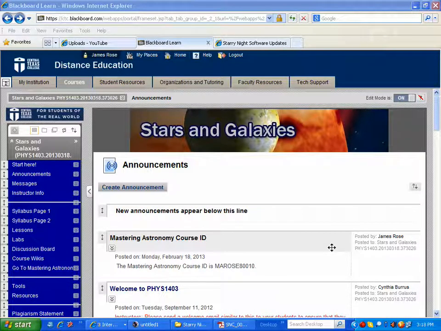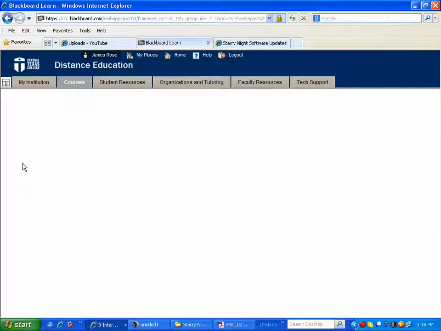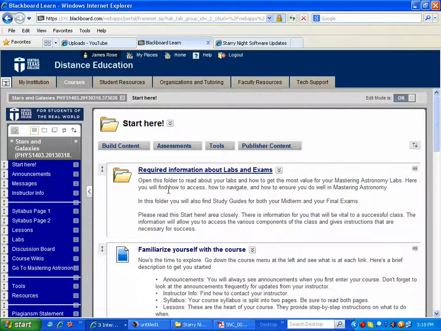It's a simulation of a planetarium. So let's get right to it. When you first log into the course, you'll hit the announcements page. If you go to Start here and then required information about labs and exams,